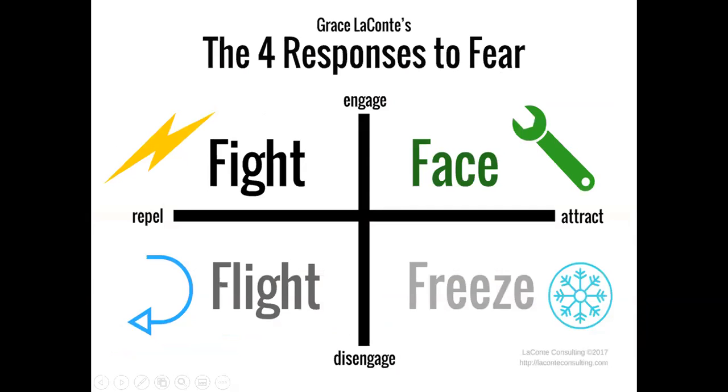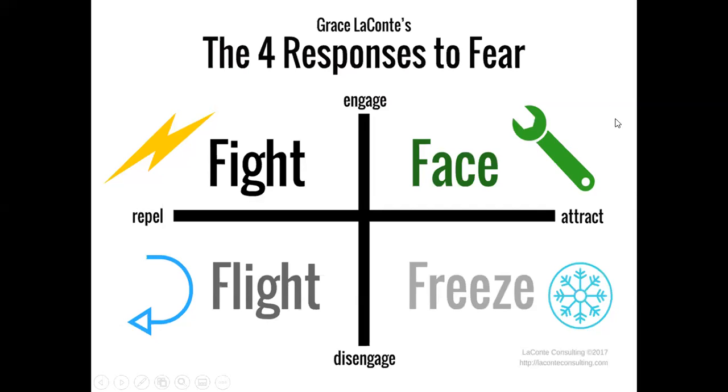One thing that we do focus on in therapy is what is called the window of tolerance. The window of tolerance is the zone where intense emotional arousal can be processed in a healthy way. So we want to be in that window of tolerance, and if we are outside of that window, that's when we have these 4 responses to fear. This is where our body begins to become dysregulated and experience fight, flight, or freeze responses. And having these responses are just ways to help keep us safe.